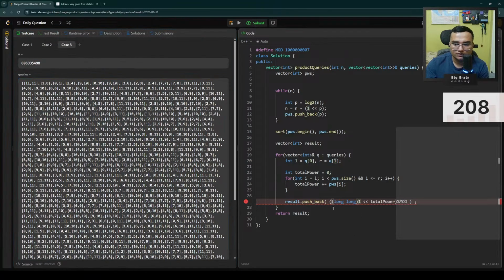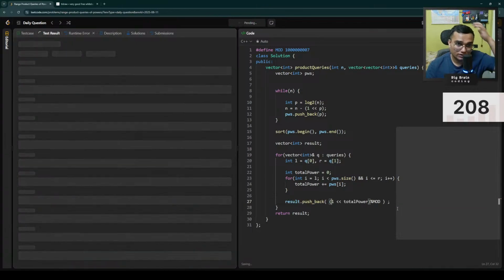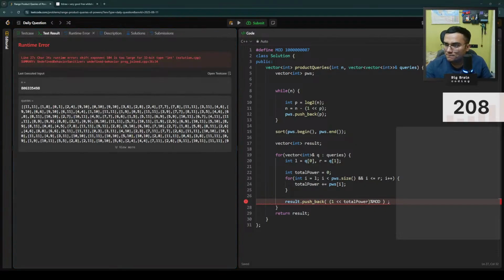Okay, so this is failing. If I just remove this, then what happens? Okay, 104 is too large. Then what should I do? If 104 is too large,